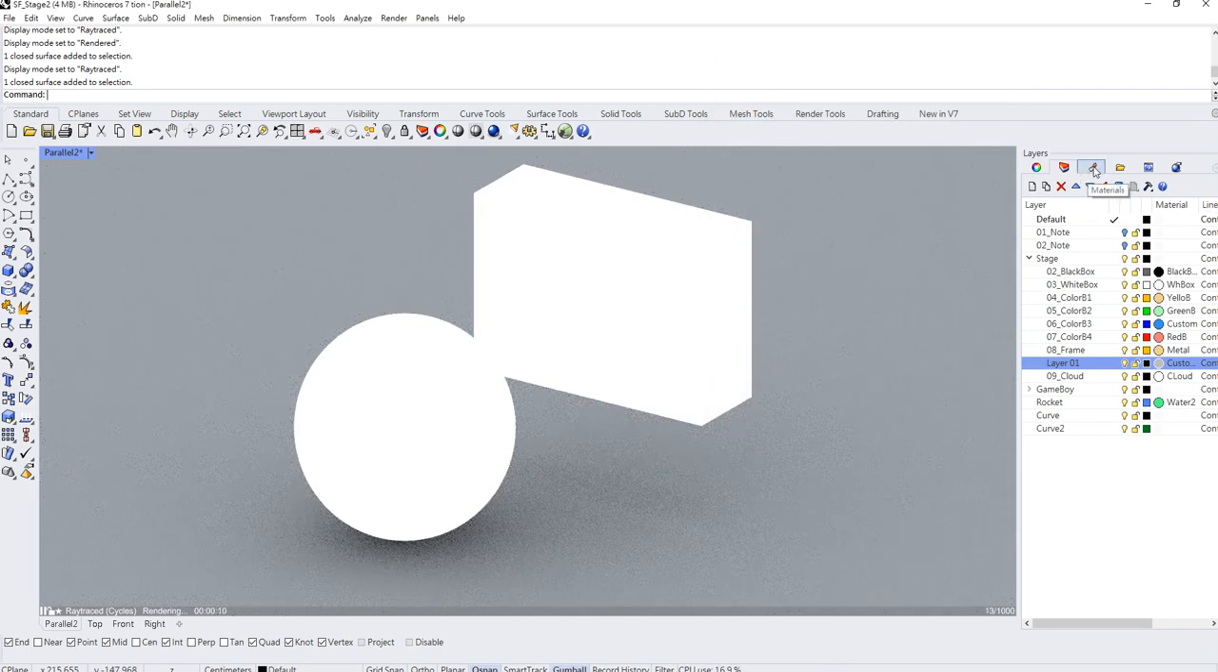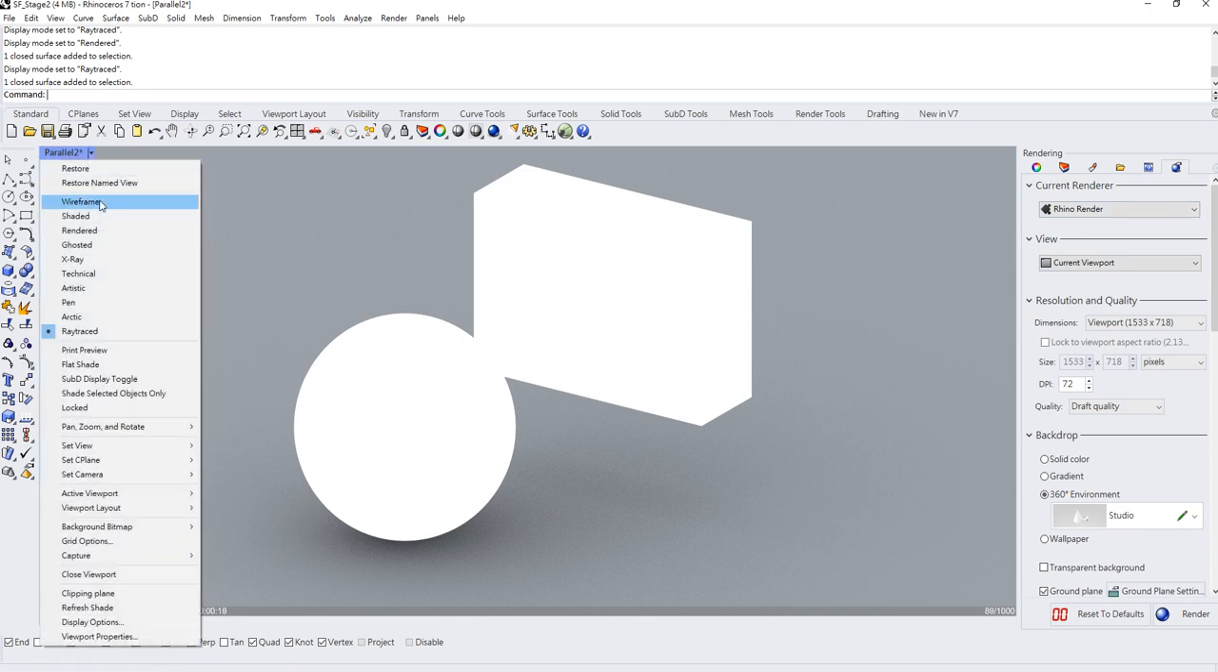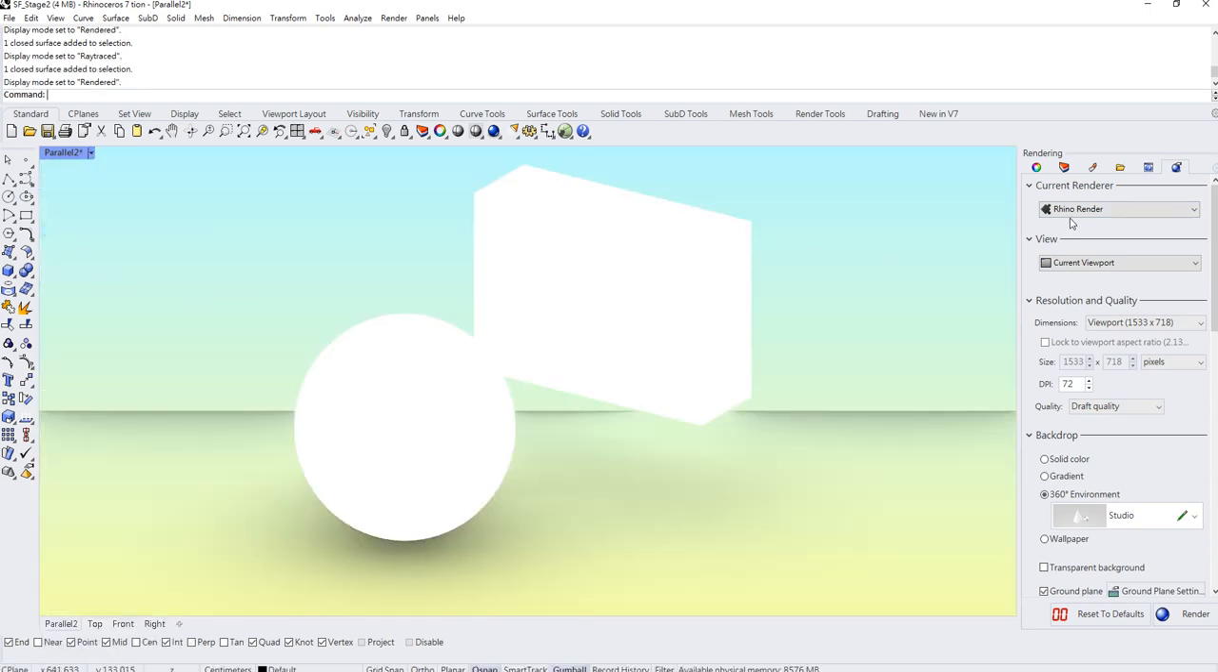Alright, so let's go to the final part about the rendering. On the last section of the render part, that's the render setting. Let's go back to render mode. Inside Rhino 6, you can choose your legacy render or the latest render. What's the meaning of render? Basically, render